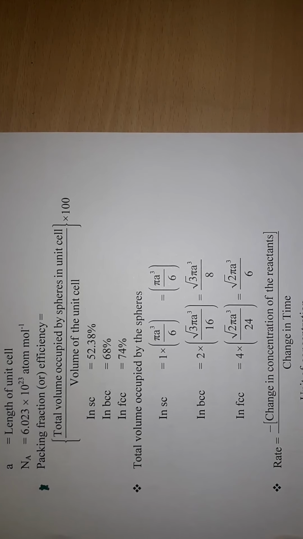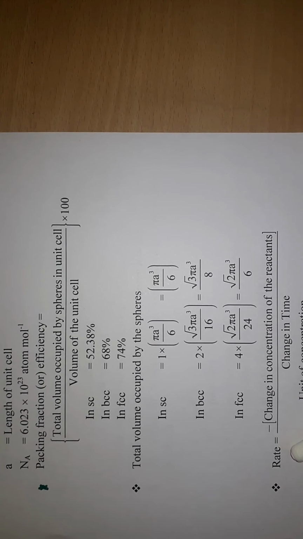Okay, next, the rate of the reaction. We will calculate it as minus the change in the concentration of the reactant, in square brackets, divided by the change in time. Why do we have to add minus? If you are calculating the rate using the reactant, you have to give the negative sign. If you are calculating the rate by products, you have to give a positive sign. Here we have the reactant, therefore we give a negative sign.